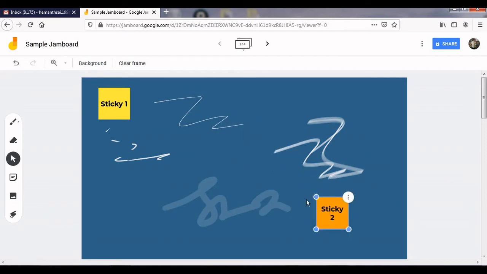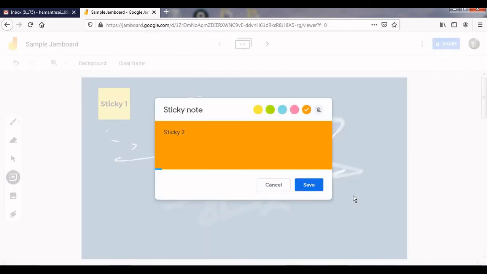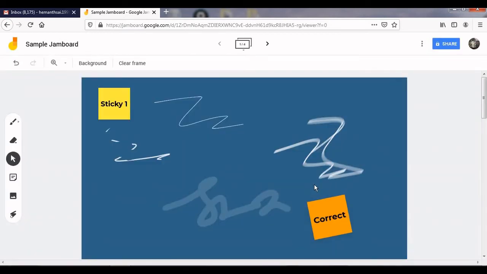You can rotate it in whatever direction you desire, and we can expand the sticky notes by clicking it down like this. You can make it small or large, and if you think that the matter inside is not correct, please go to the option here, click on edit, and you can edit whatever you wish. This is save. And if you want a duplicate of this sticky note, please make a duplicate one here itself.